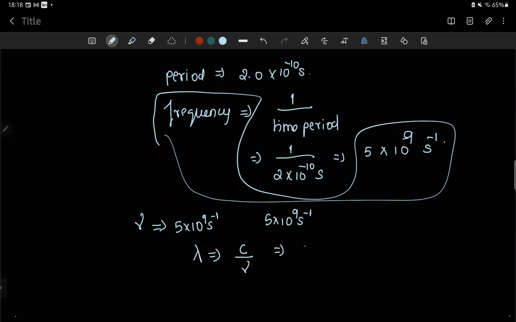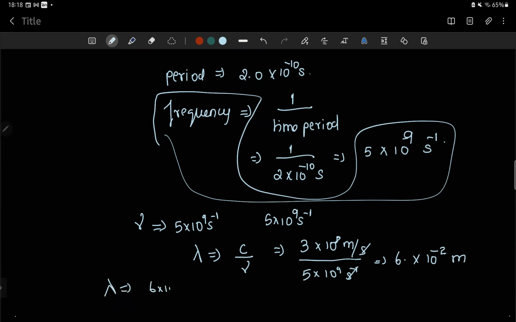Correct? So speed of light, 3 into 10 to the power 8 meter per second, divided by 5 into 10 to the power 9 second inverse. Finally this and this will get cancelled: 6 into 10 to the power minus 2 meter. So this is your wavelength, lambda is equal to 6 into 10 to the power minus 2